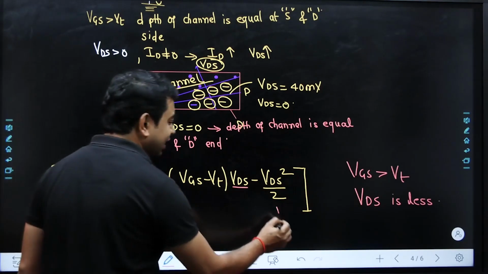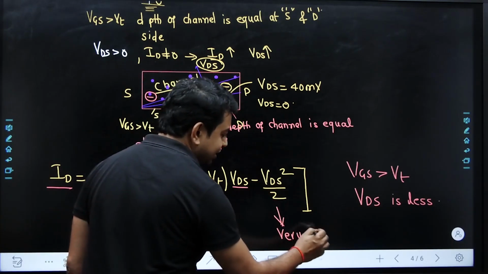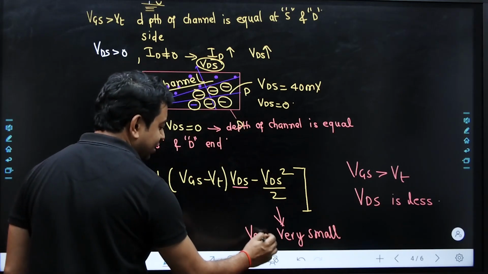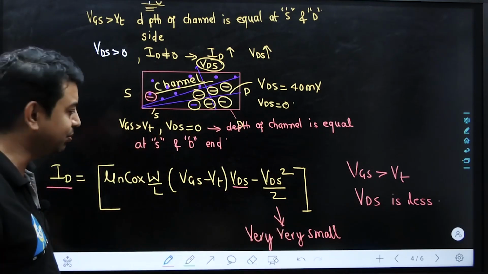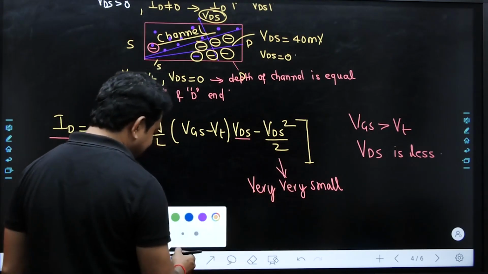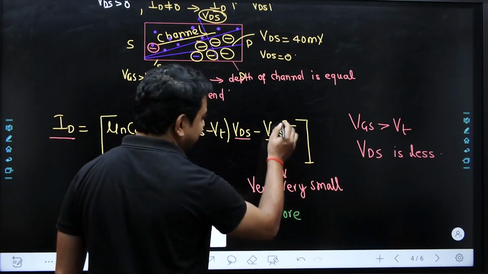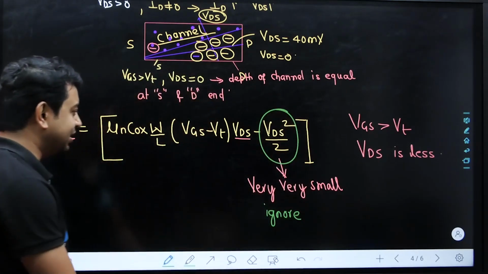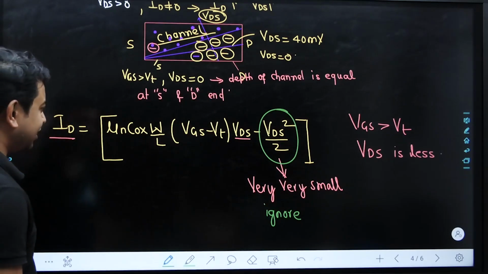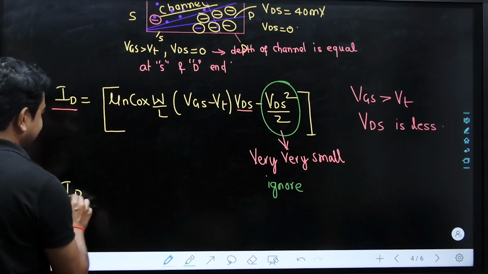But the value of VDS is very small, approximately 50 millivolts. If VDS is very small, we can ignore this particular term in this equation. In that condition, if you ignore this particular term, then I can write the ID current is equal to